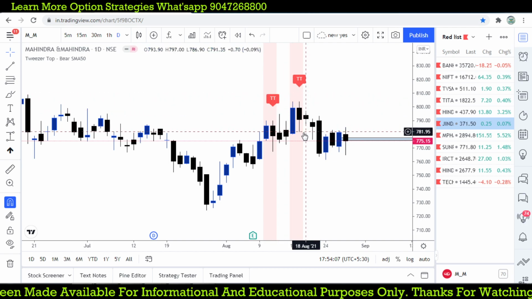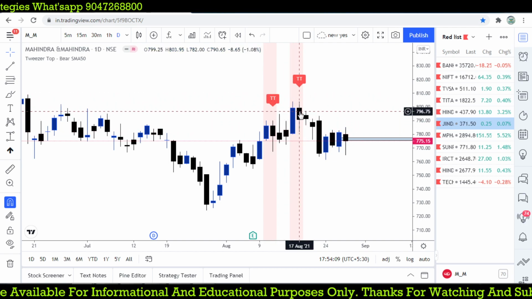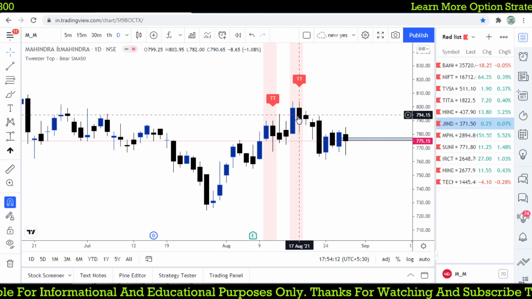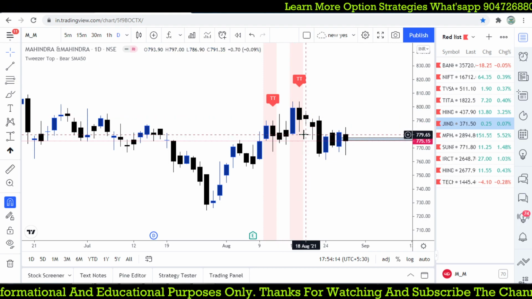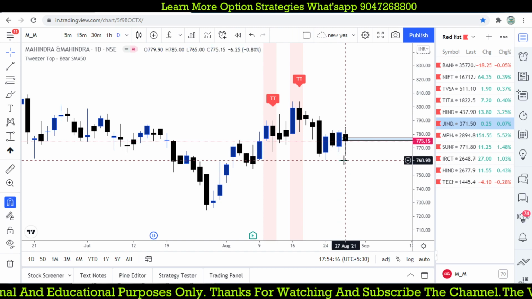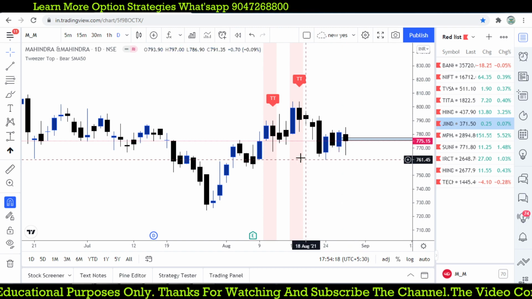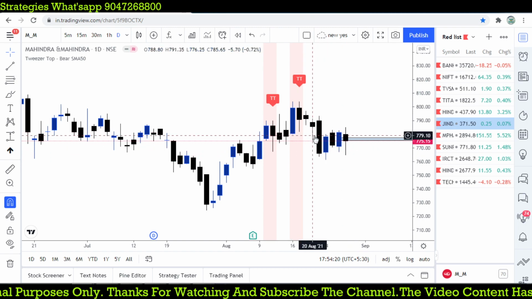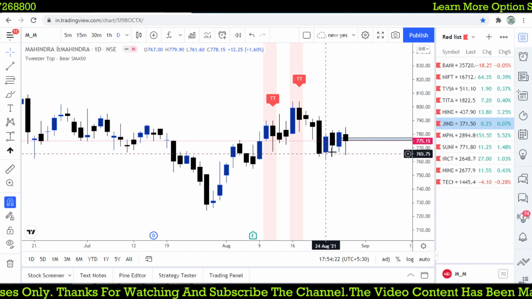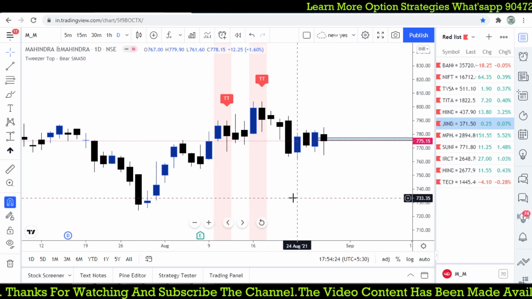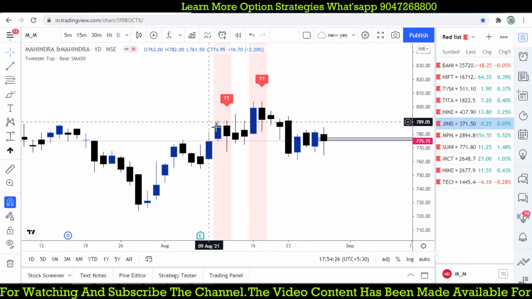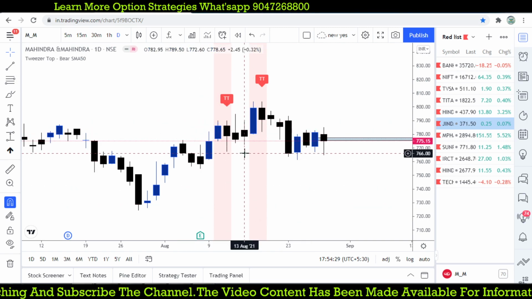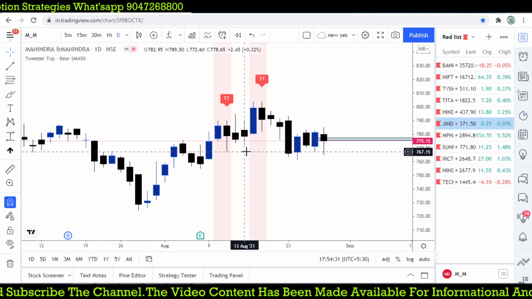So where it is 804, with 803.95 as the high, where it broke below 779, we are going to be short, and it made a low of 760. On the day it broke, the next day it fell down very big, and now it is trading at 775. Still it is in profit only, right? And again there is an opportunity where it forms, but there was no breakdown on that candle.